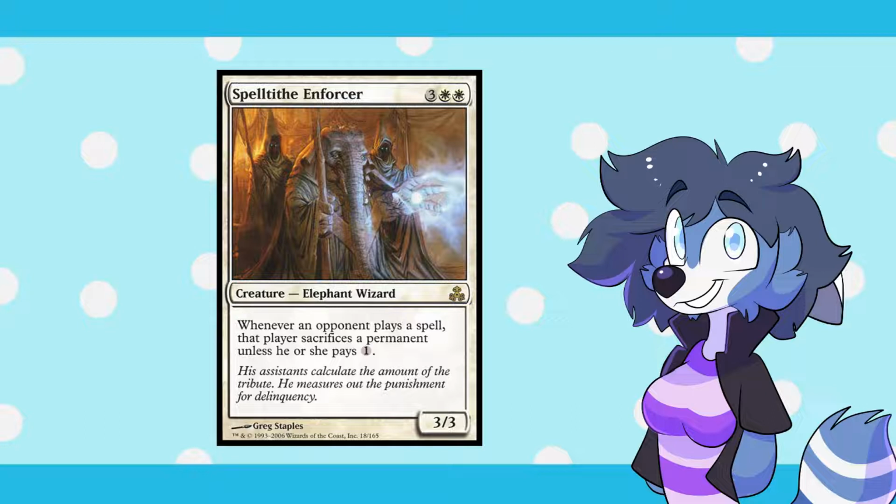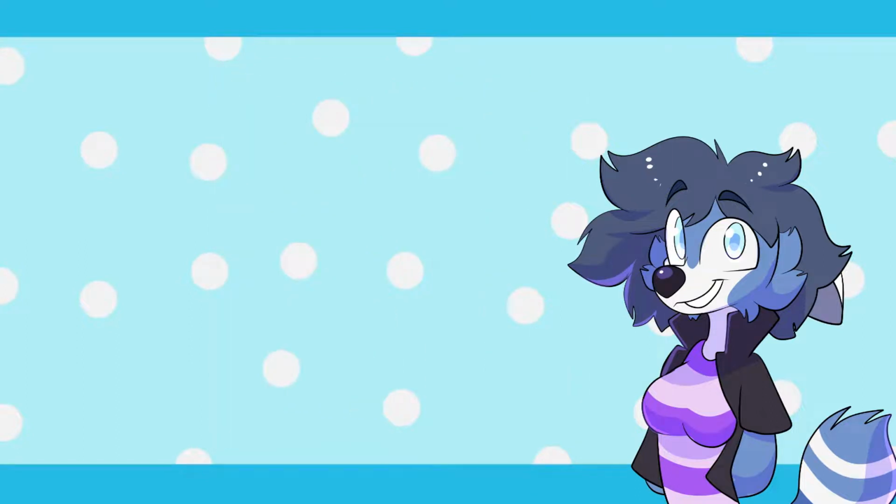My first thought when I saw this is, man, this is like a Heliod's Study on legs, except your opponents can lose permanents. The only thing that really holds this card back is its converted mana cost of 5, but in Commander, it's easy to ramp up to 5 mana. This card was printed in both Guild Pact and Mystery Booster, an exclusive retail set, with the cheaper of the two being the Mystery Booster retail exclusive, having a TCGplayer market price of